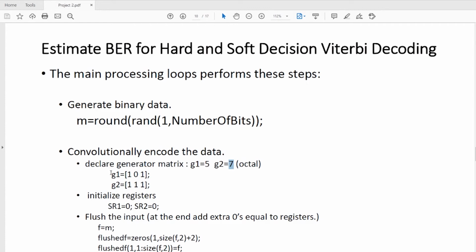So we have to declare the generator matrix. And also in my example I have 2 registers. In your example you have 4 registers because your channel code is convolutional code 2 1 4. So according to that you should find the number of registers, and you have to initialize them to 0: first register equal to 0 and second register equal to 0. In your case the third and fourth are also assigned 0. And then we need other variables.